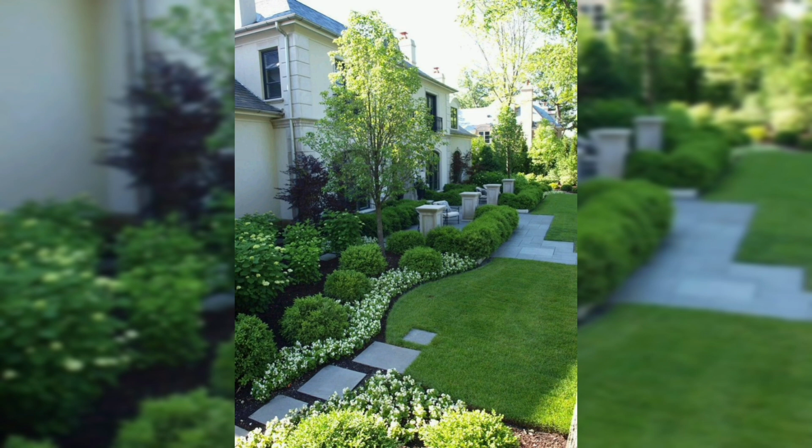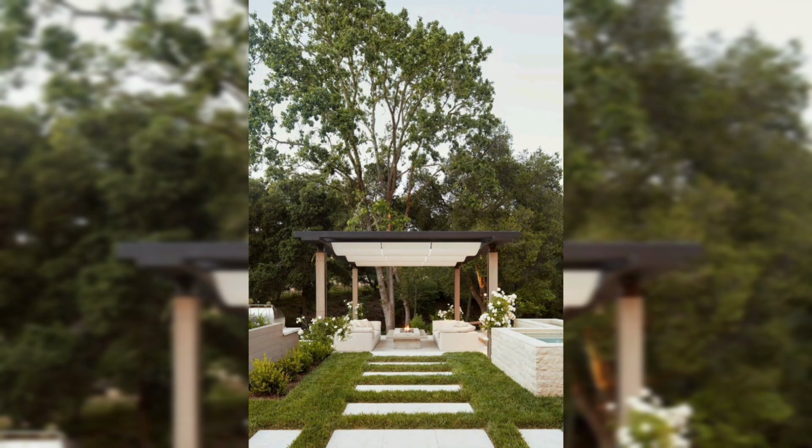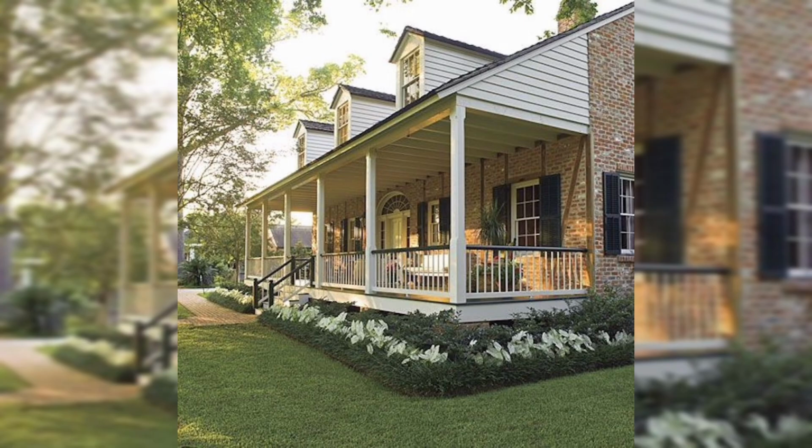Consider adding a wood ring or a stone to create a warm